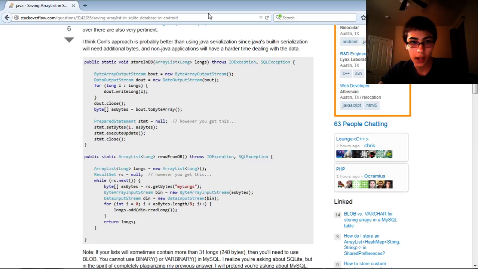This is the code we're looking at. He does prepared statement. I'm trying to turn an array list. What I want to do is store an array list in a database, and then get the array list from the database. I was going to store it as a blob, but I'm not sure if that's the best way to do it. I don't know if you know. I was looking how this guy was storing along. He stores it as a blob,